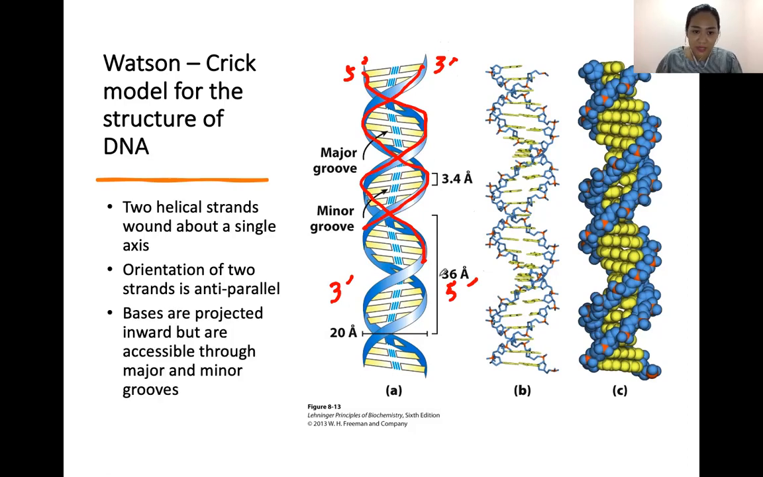Now you will see here the bases, which are projected inward but are still accessible through the major and minor grooves. So I have here a model. Let me stop sharing so that you will see better. Okay, so there's no label for the phosphate groups and the ribose sugar, but we mentioned that there's an alternating